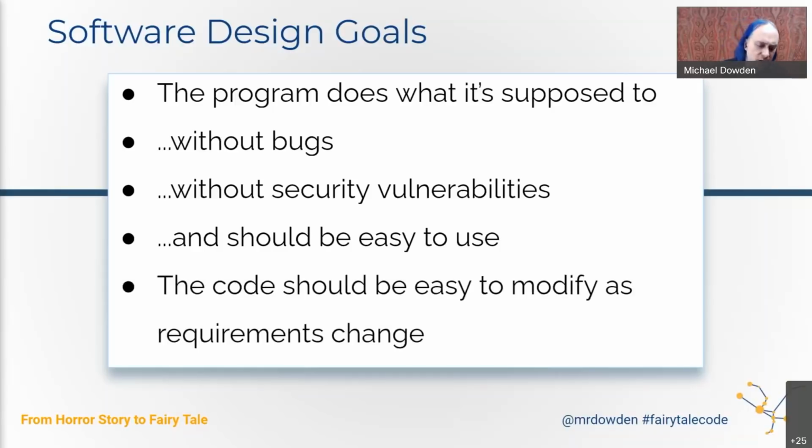Another one that is often a goal, but not something that's necessarily codified, is that the code should be easy to modify as the requirements change. We want to be able to continue to develop on the software over time. We want it to be able to grow and adapt and change. There are a lot of things that we do to build this into our processes, but we don't always identify this as a stated, clearly defined goal of our projects, though it's often there in the background. So with these implicit goals in mind, let's talk about the act of writing software.